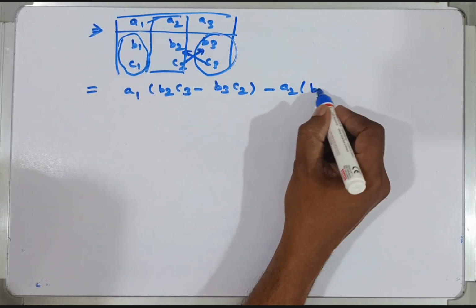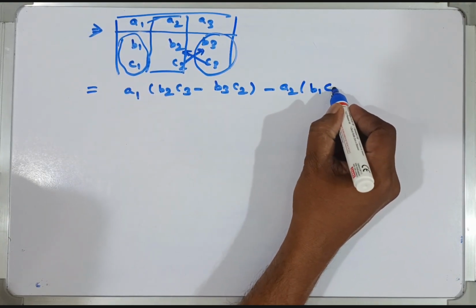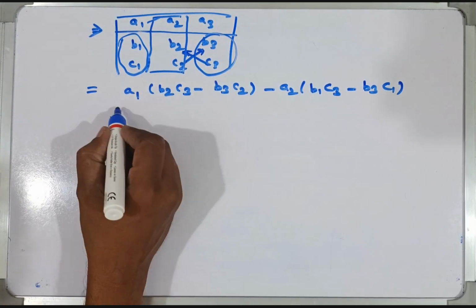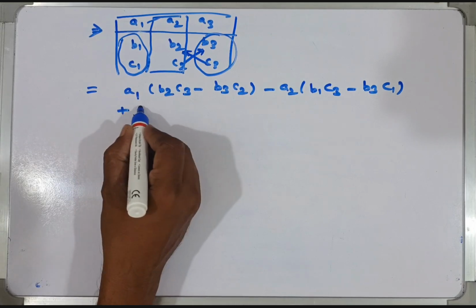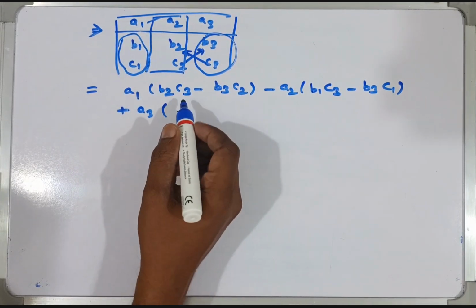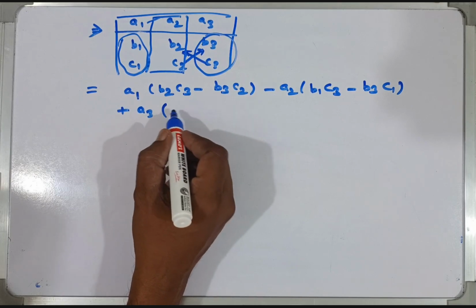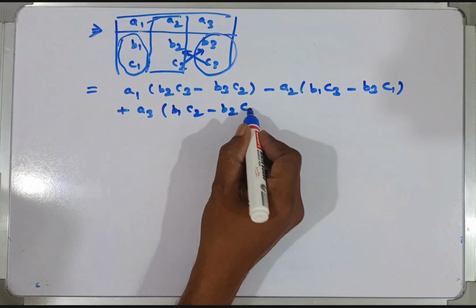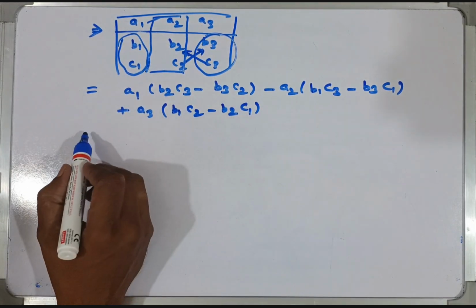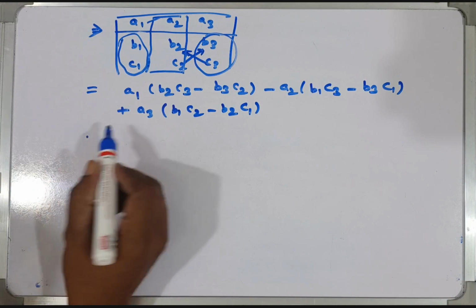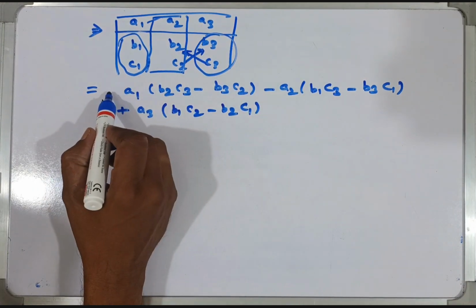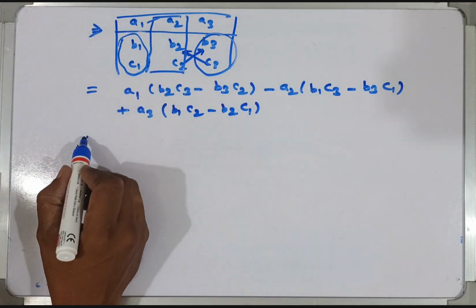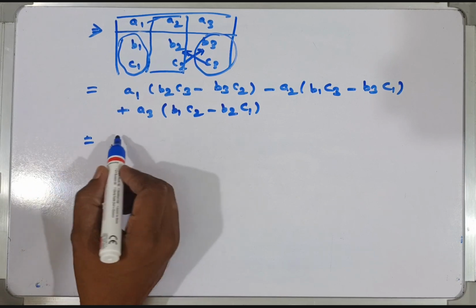So this one b1 into c3 minus b3 into c1, and this one guys a3 equal to what guys? b1 c2 minus b2 c1. Okay, so one more important thing, when we write a positive multiplication, when we write negative. Okay, so you should always remember this thing: